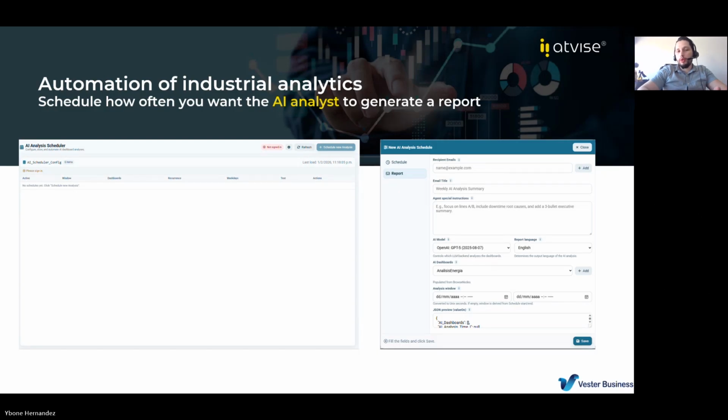The best way to work with this is having an automated report every time that you want from the AI analyst. So imagine having an AI analyst analyzing all the information from your plant and providing insights continuously.